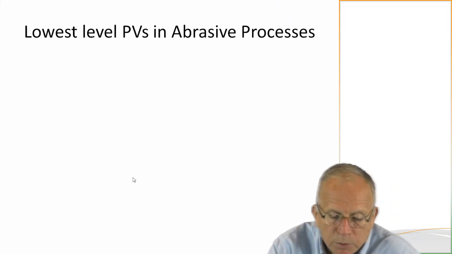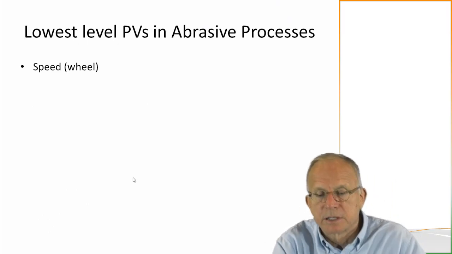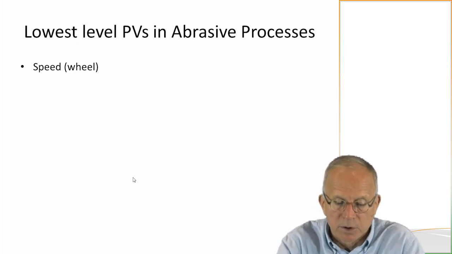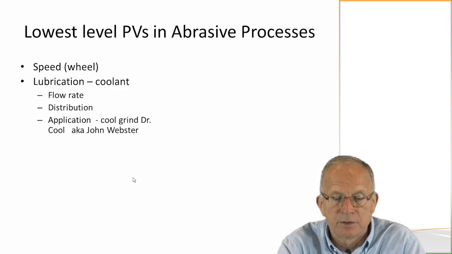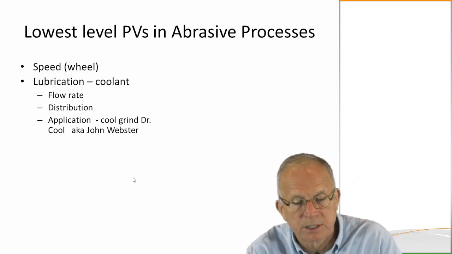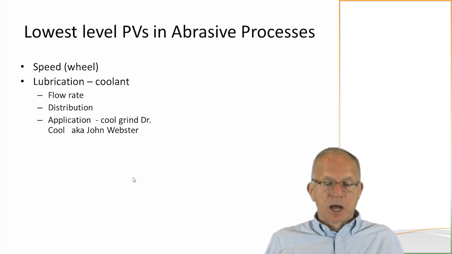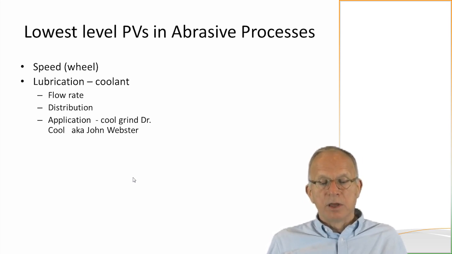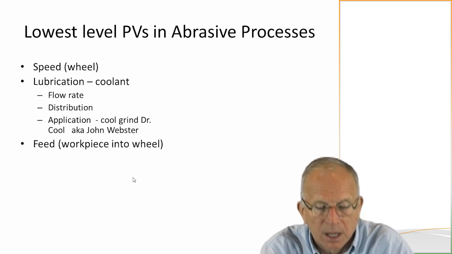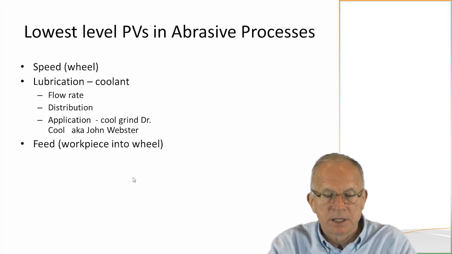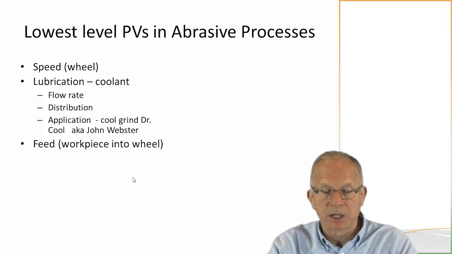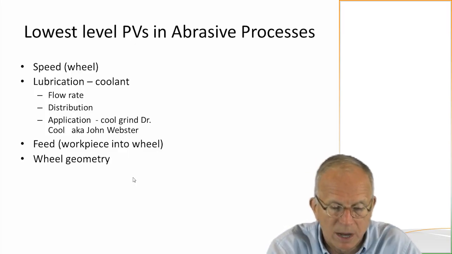So what are the lowest-level, the most detailed process variables in an abrasive process? Well, we've got the speed, usually of the wheel, but it could also be the workpiece. Lubrication, so you get coolant, flow rate, distribution, and the application. Now, John Webster does a lot of work with the coolant. Feed, workpiece into the wheel. That tells me how much I want to take off, or how much I can take off in every grinding